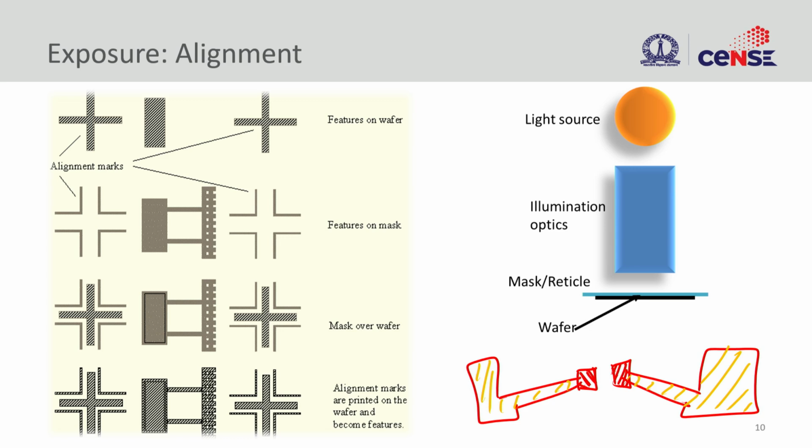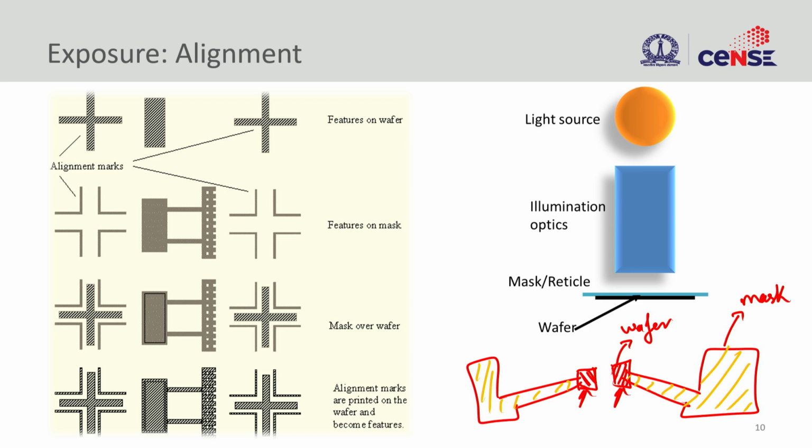First the wafer is patterned with the structure that you want, in this case a small rectangle here. So, that is already in the wafer. Now you are bringing the wafer onto the lithography station to do the second layer, and the second layer is now on the mask. So, this layer is in the wafer and this layer is in the mask. Now you should find a strategy to align these two together, and that is where we use some alignment